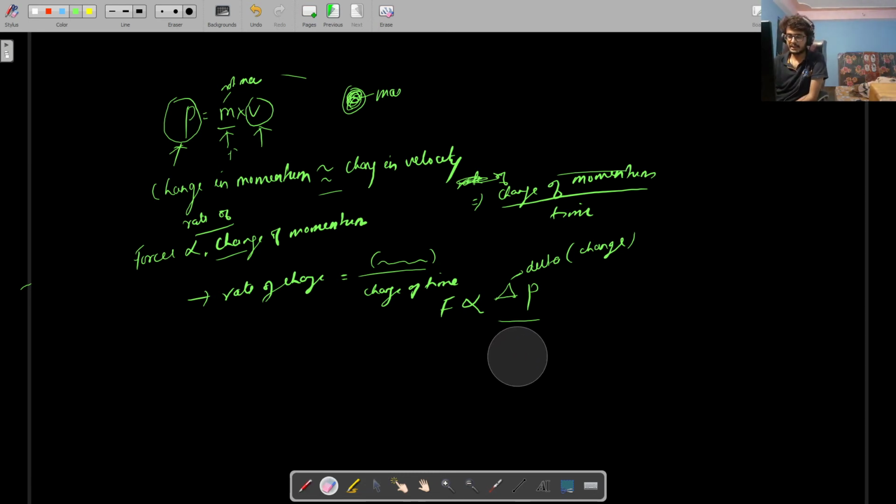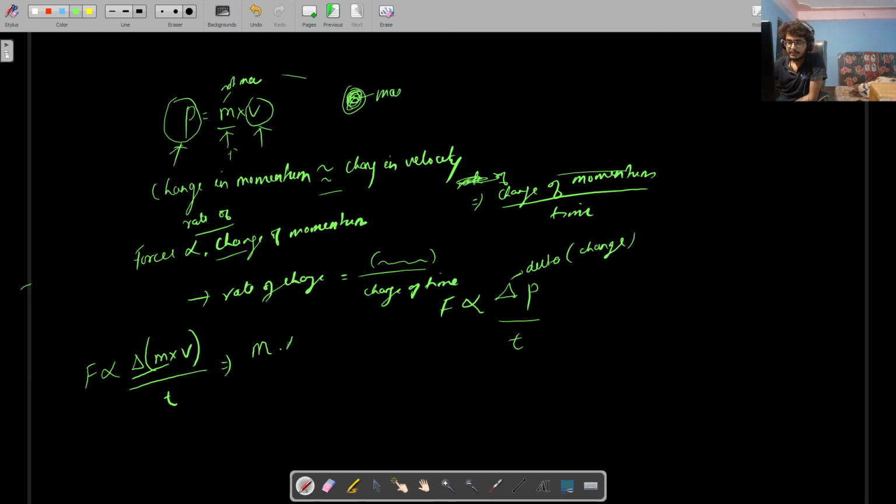Forget about this delta t. I'll just put t here. Now we know that force is directly proportional to delta p. So what is p? We know p is equal to m into v divided by t. Now we know that mass cannot change, right? Delta m is not possible. So mass is not changing for a single body. If I have a 5 kilogram ball, I will have a 5 kilogram ball. So I can't put delta m, so I just put m outside and I put delta v divided by total